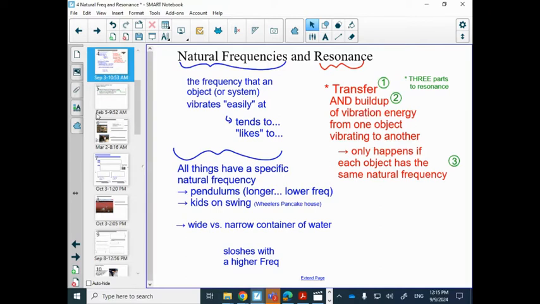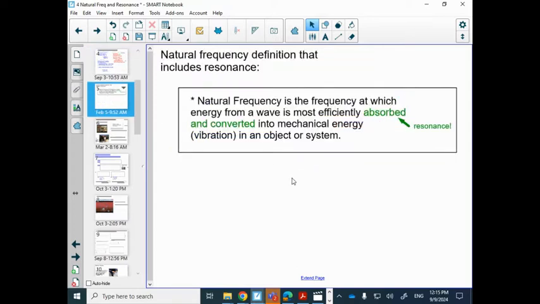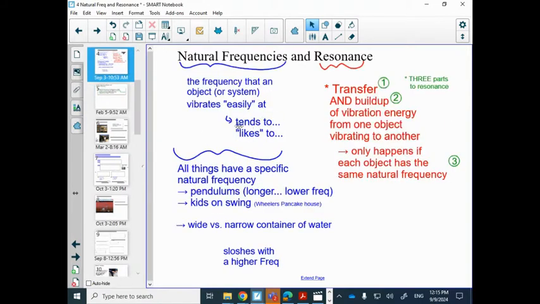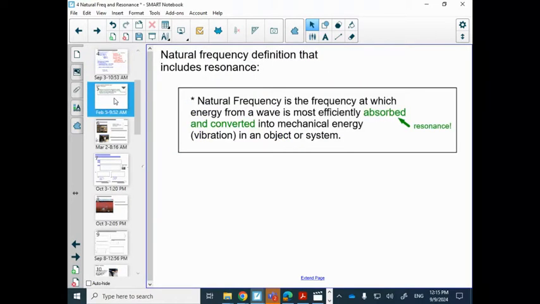So each time you could sort of pick out the object that's vibrating, that energy is transferring to another vibrating object, and that it only happens if they have the same natural frequency. A little bit more of a textbook definition. It says the natural frequency is the frequency at which the energy of a wave is most efficiently absorbed and converted into mechanical energy. So that's less of a word about liking or tending to and so on, right? It's the frequency that it most efficiently absorbs and converts energy from a wave into mechanical energy. All right, so